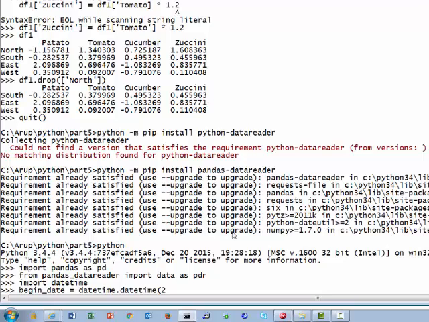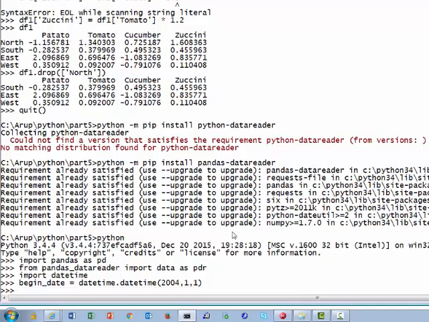Here I have to give all the way from 2004 January 1st. Because I have to mention a date in year, month and date format, I have to use this module called datetime. Begin date. End date